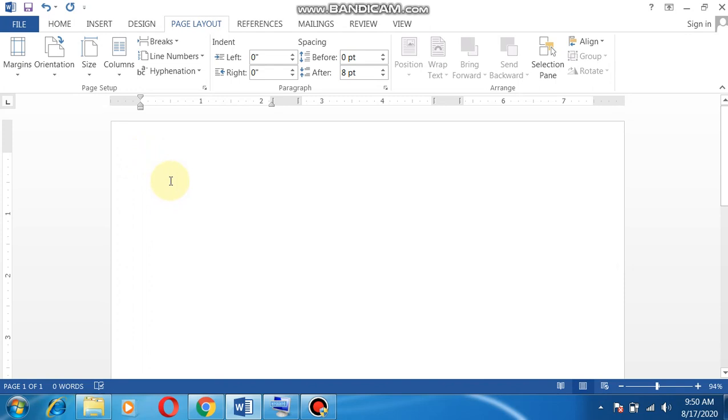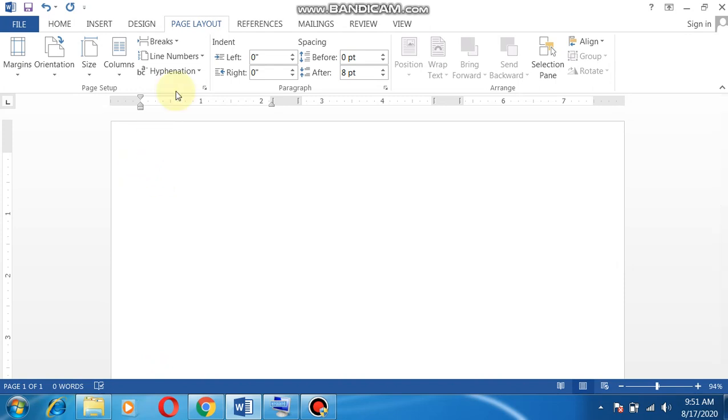Okay, so what is the default margin? Default margin is 1 inch in a Word document. What are default settings? Default settings are the predefined settings which already exist in the document. If we want to change it, we can change. So what is the default margin setting? It is 1 inch from all sides, top, bottom, left and right. But now we have changed it to 0.5 inches. Okay, so this is how we can set margins in our page.